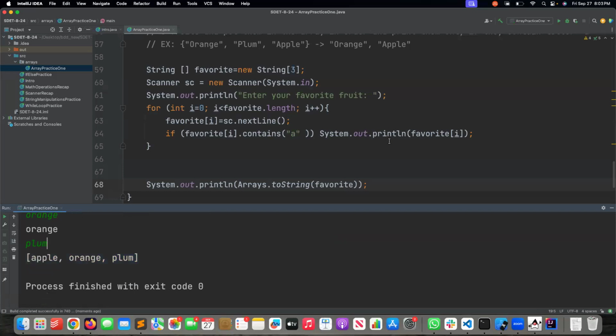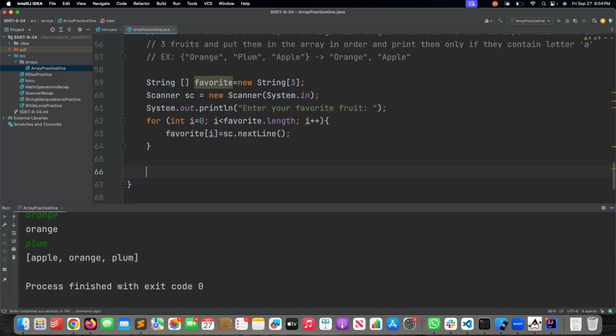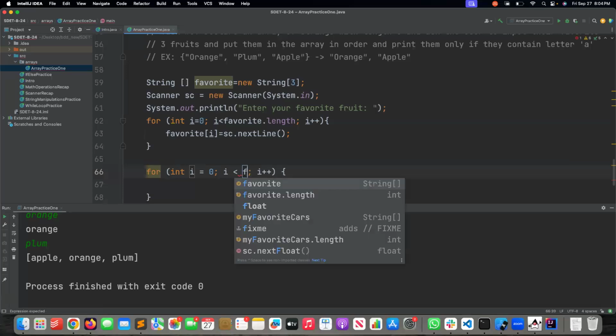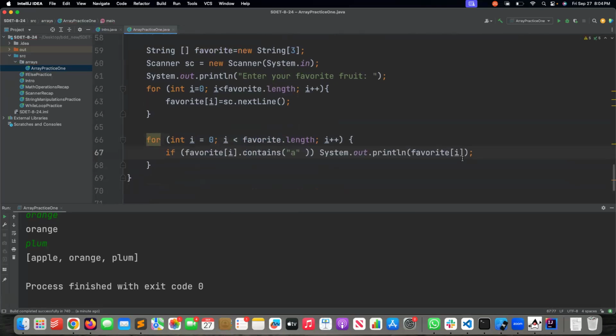Now, the problem here is you don't have to add this into the same loop, first of all. And secondly, you don't have to print this array. So what you can do is for, and here you're gonna do favorite the length, and we put this here. And now if I run this,